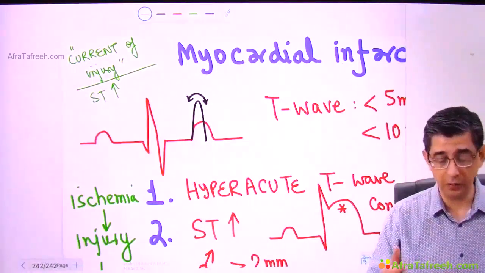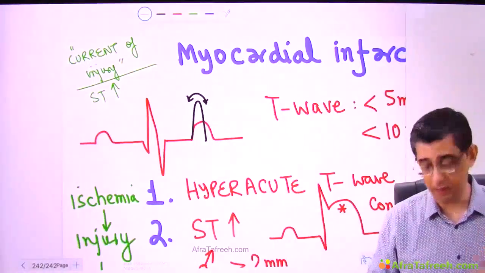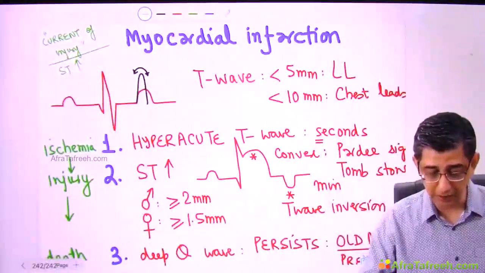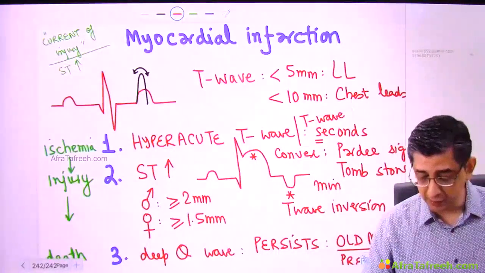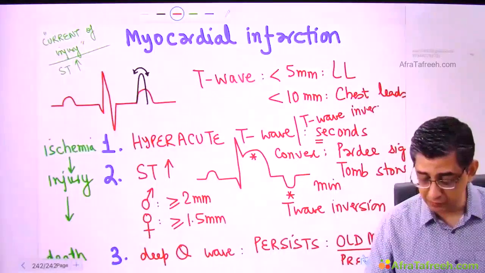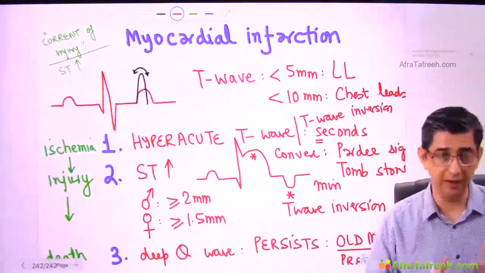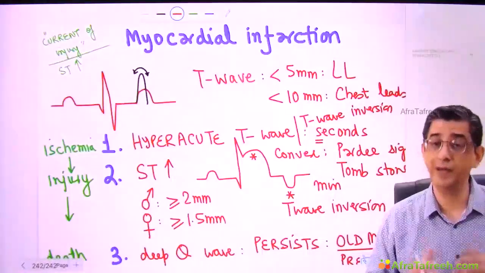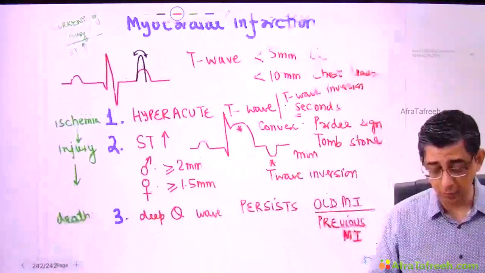If he talks about what is the ECG finding of myocardial ischemia per se, then there can be two. It can be hyperacute T wave, or it could even be, I'm just writing a slash here to sensitize you to the fact that if a person will reach the hospital very fast, or if MI is occurring in the hospital, then okay, you might be able to identify a hyperacute T wave, but lots of time there might be a T wave inversion with a ST depression, that is a non-ST elevation MI also. So you need to keep your mind open for that.